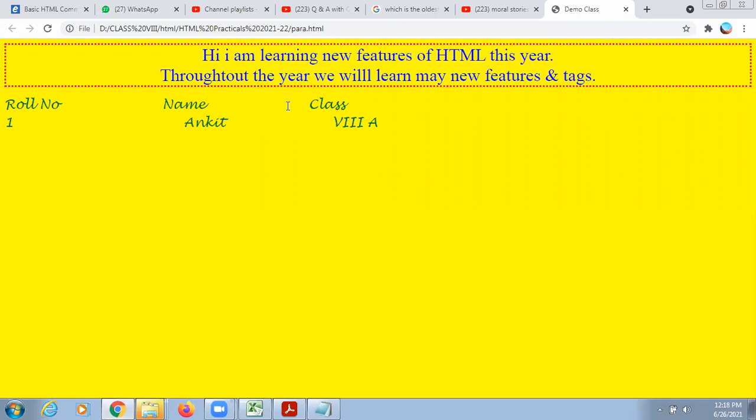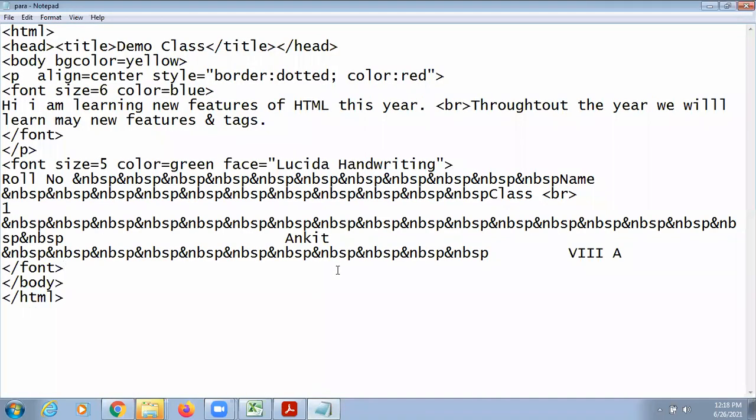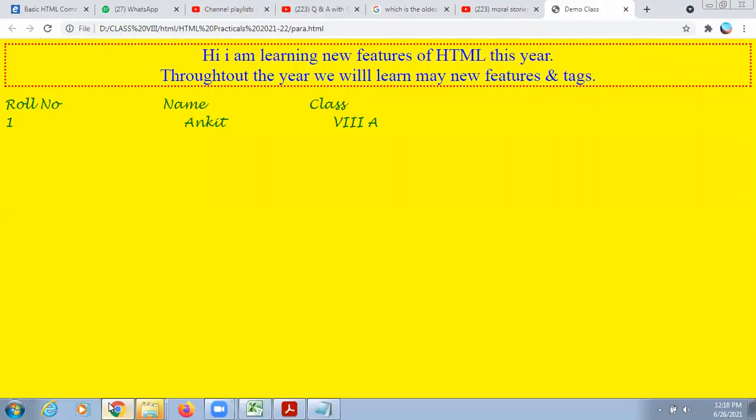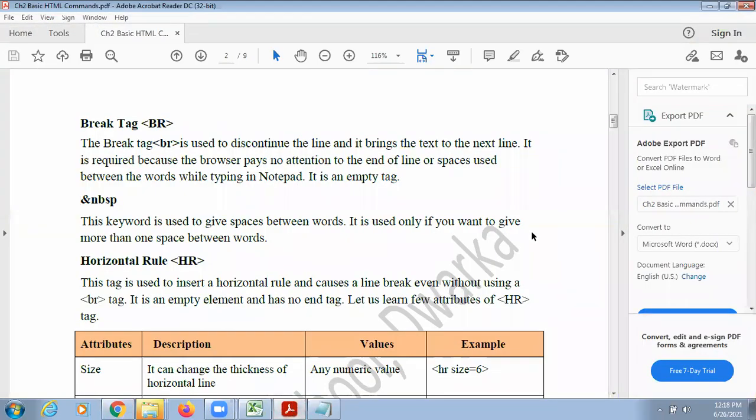Now the size, face and color are changed. Now the space before Ankit is a little more, so I can remove ampersand NBSP. Now it is perfect.